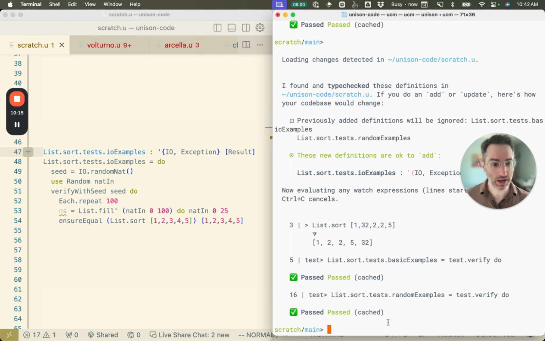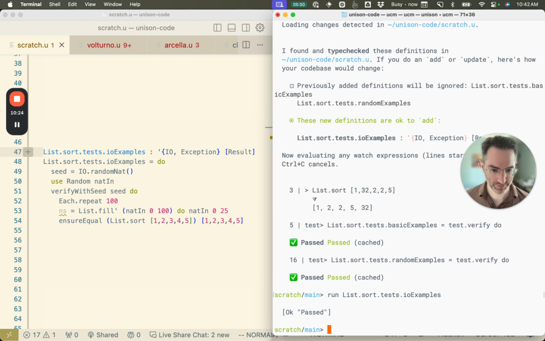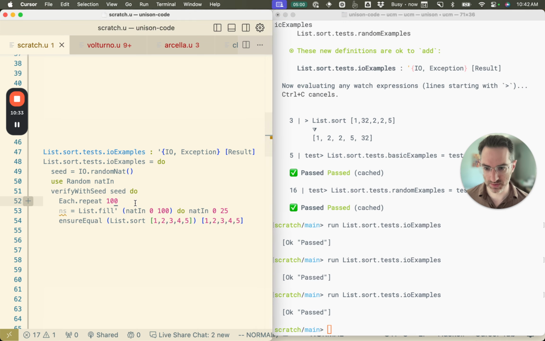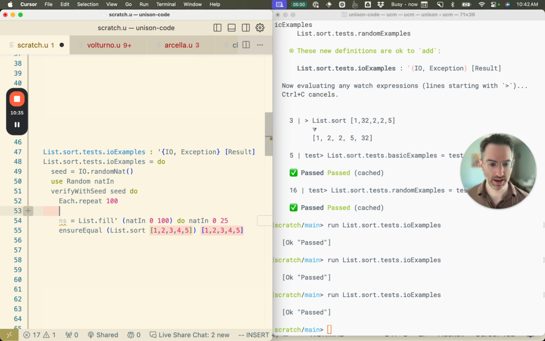Anyway, while I'm developing this test, I can just run it. I can say run list.sort.tests.io examples. Okay. And that actually ran the test and it passed. There's no caching happening here. Every time I run it, it's going to happen. If I want to do some debugging, like, oh, it's not working, I might do something like,